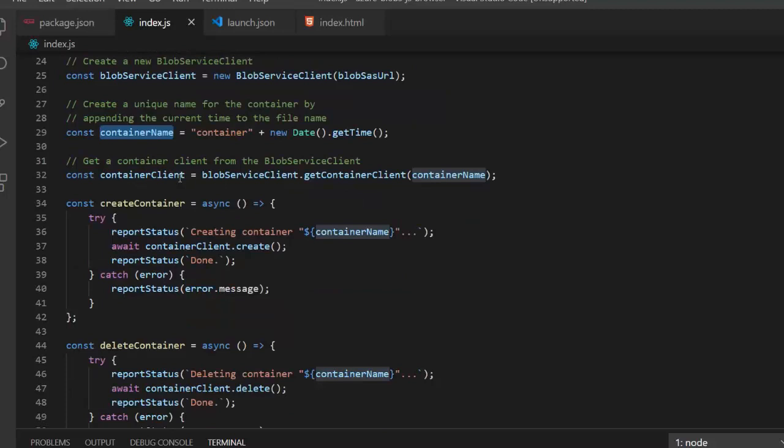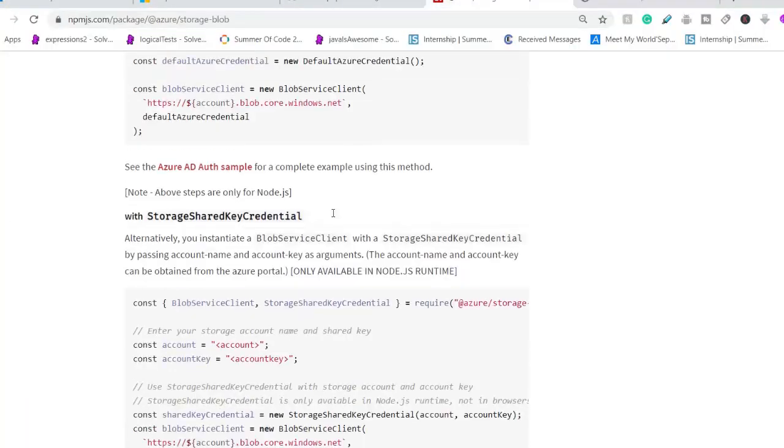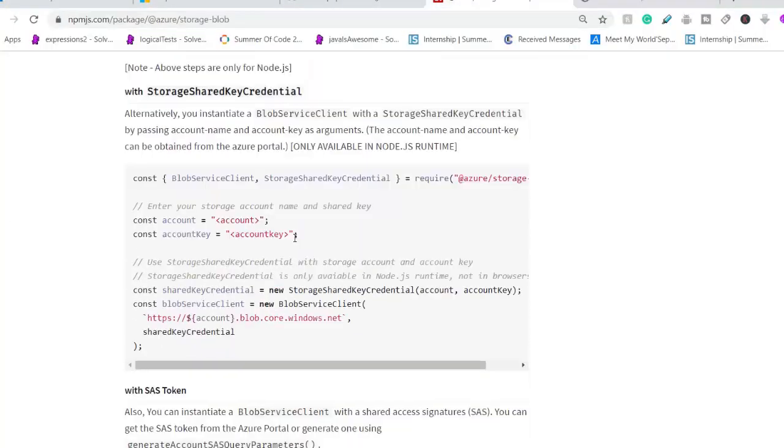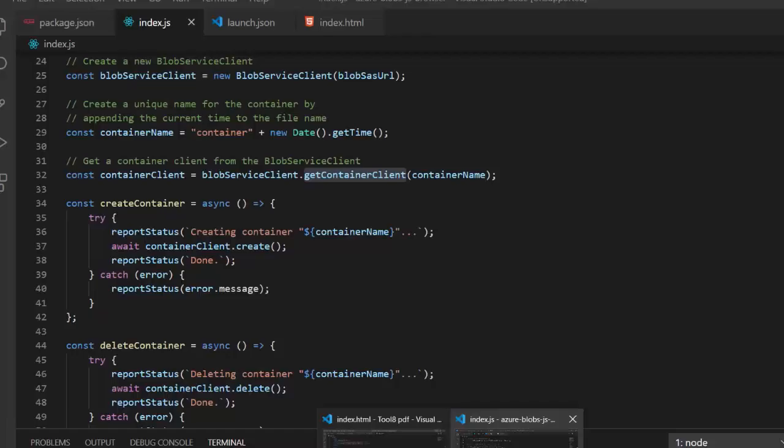Next thing is we are creating the container client. Basically, this will get the container client from our blob service client. We have given the name that we gave here, and we are getting it using the get container client. You must be wondering how I get all these functions. This is already defined in the documentation, so you can go through this documentation once, where they have explained all the functions that are already present and we can use in our project.